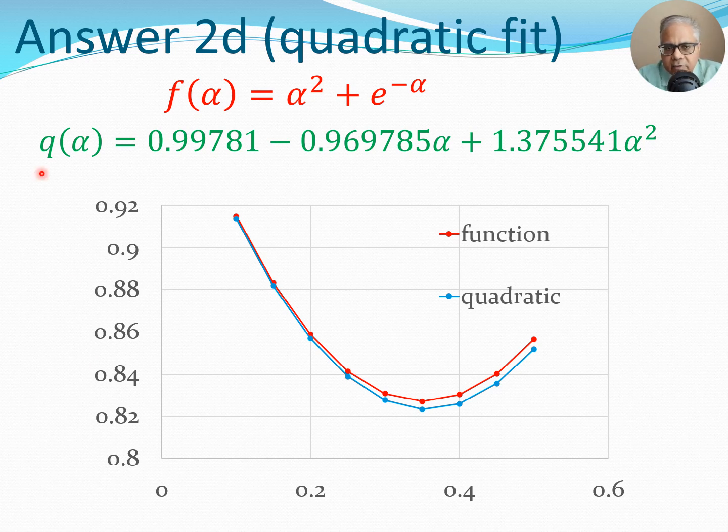So now we have obtained A0, A1, and A2. So we can write the quadratic fit as follows. You see the function in red, that is the actual function we have, and the function in green, that is the approximation using the quadratic. If I plot these two functions, which I have done here in Microsoft Excel, I essentially have the function here in red and I have the quadratic fit here. Now this function is smooth and well behaved, so the quadratic fit is actually working out quite well. And you can also see that the minimum point of the quadratic fit is quite close to the minimum point